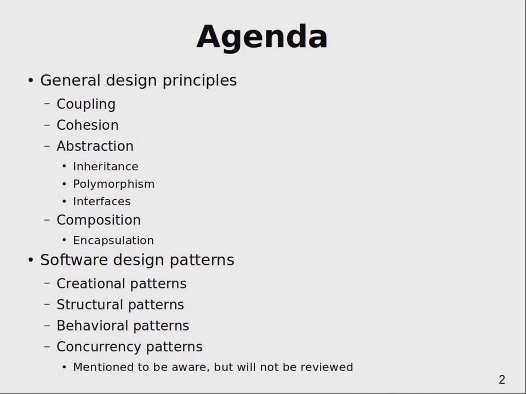In this part I will cover the most important topics about object-oriented design, and these topics will be coupling, cohesion, abstraction and composition, and also I will touch on some software design patterns,